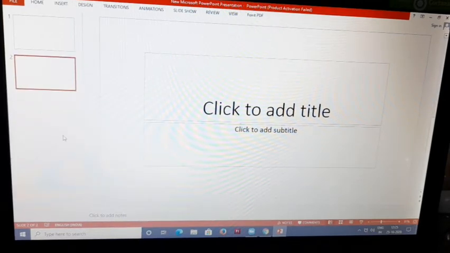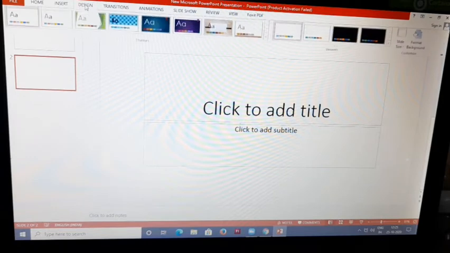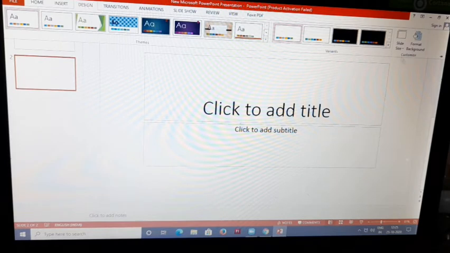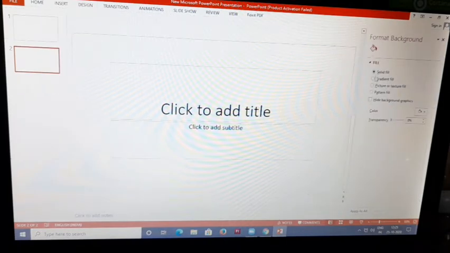And then we can change the background color. We can change the background color from the Design menu. Can you see there is a Design menu, and see Format Background here. The Format Background window is displayed on the right of the screen. Choose an effect from the four choices. If we click here, many choices will come.